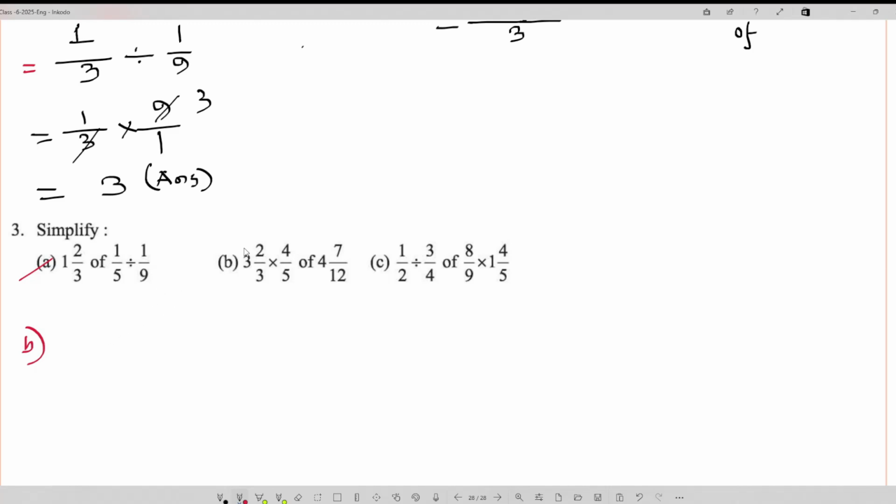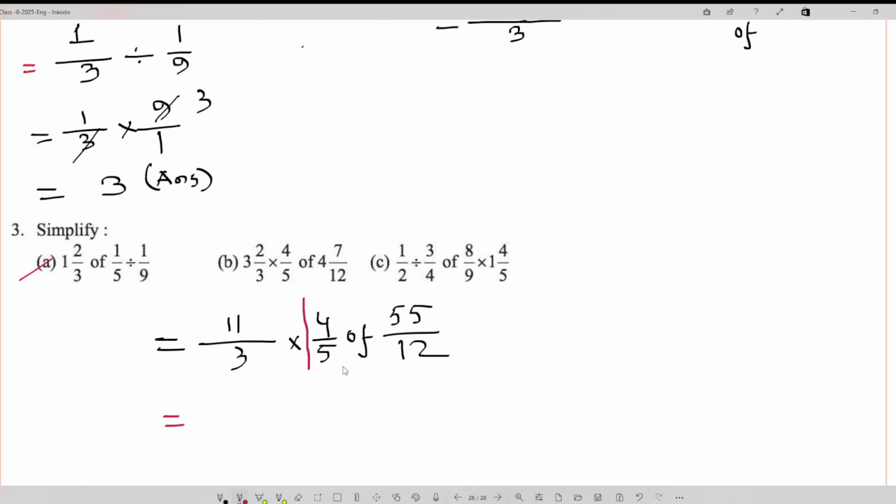Here, look, 3 and 2 by 3. If you want, you can write directly in here like 3 times 3 is 9, 9 times 2 is 11, divided by 3 times 4 by 5 of, here is 4 and 7 by 12. It means 4 times 12 is 48, 48 plus 7 is 55, divided by 12. Okay, then look, we have to do of